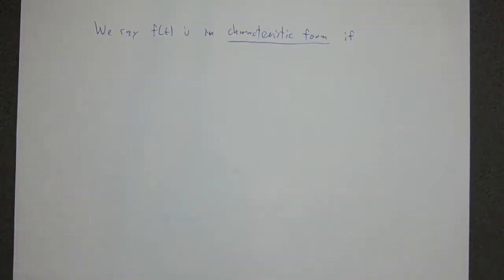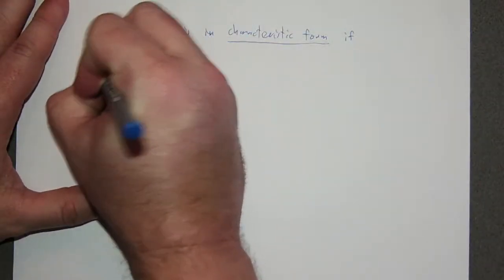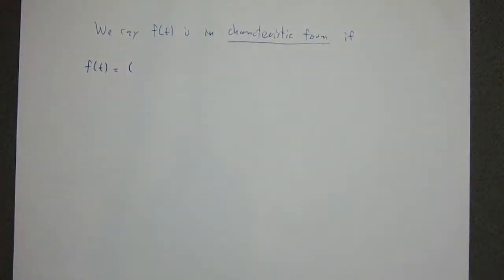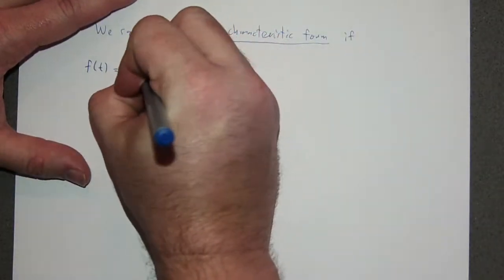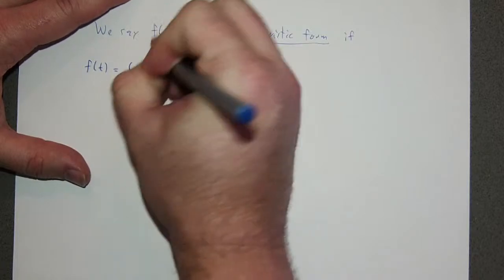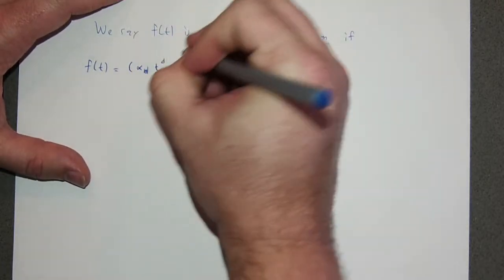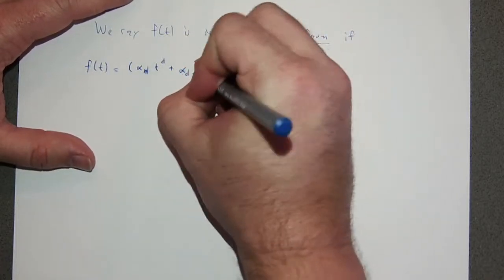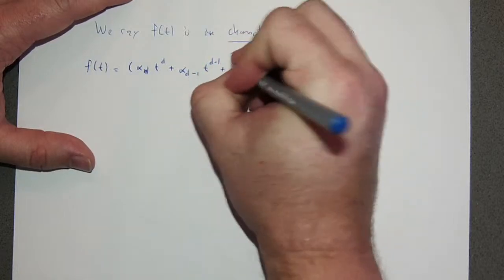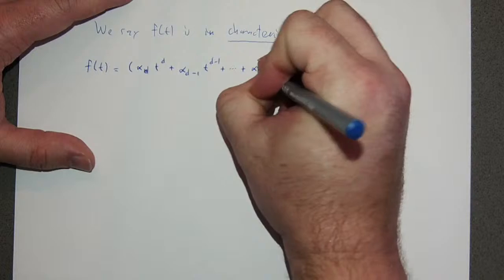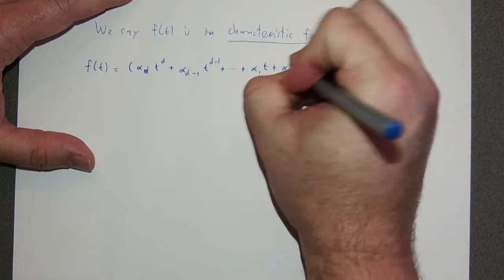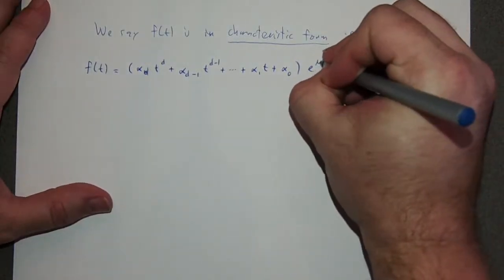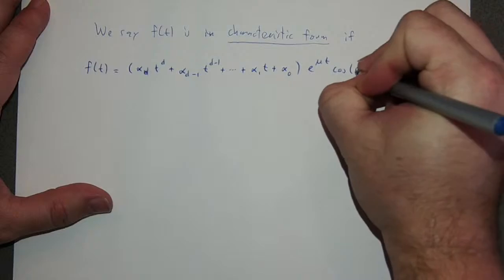So we say f of t is in characteristic form if f of t is equal to, we'll call it alpha sub d t to the d plus alpha sub d minus 1 t to the d minus 1, and so on, all the way down to alpha 1 t plus alpha naught, okay, times e to the mu t cosine of nu t